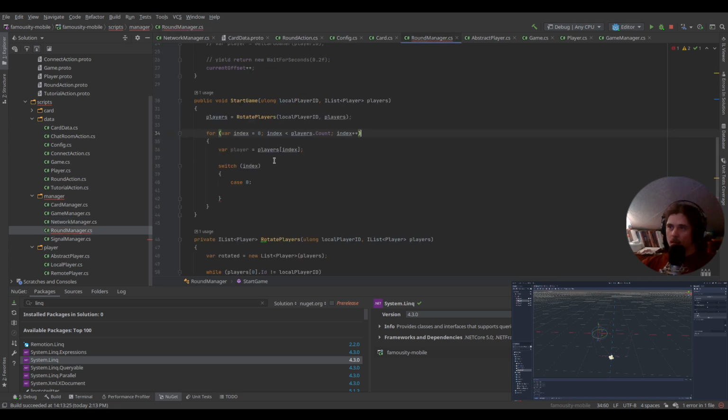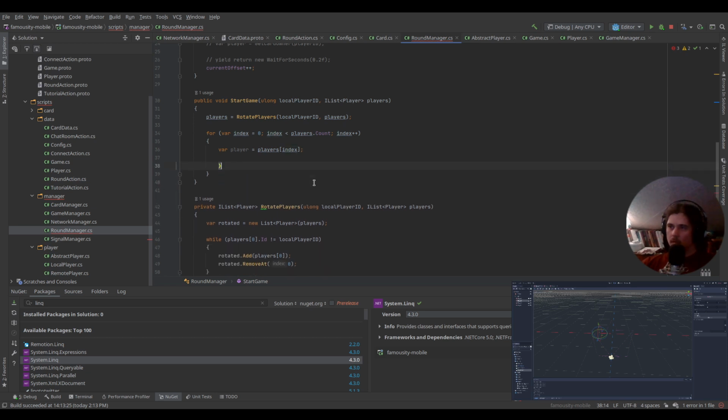Cool. And now we will need to, okay, so basically I won't need this case. All I need is to, what do I actually need here? I'm thinking if I even need this start game. I will need to clear the data from all of these players, but that's not the case from when I first start the game for the first time. So do I even need this start game? Yeah, I do need this indeed, because I will need to at least initialize these players, so I can know